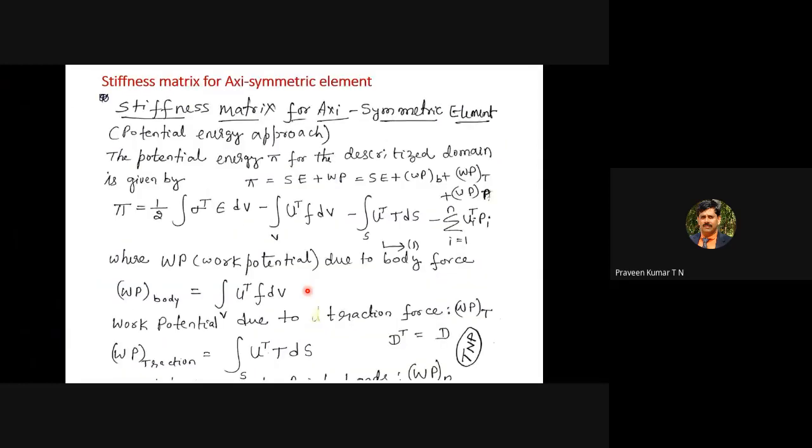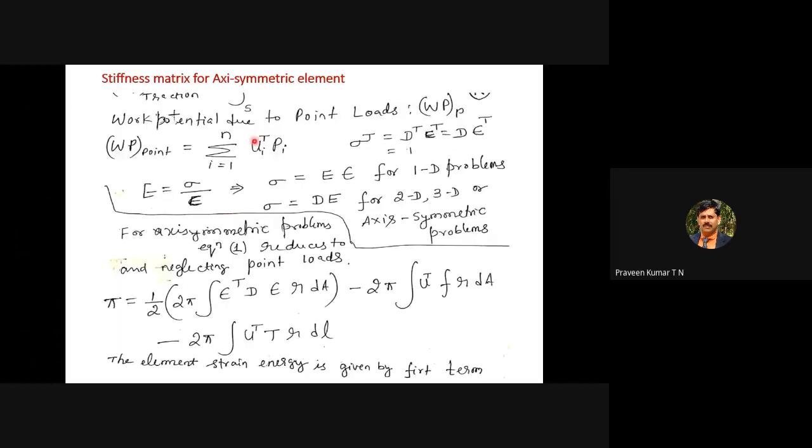So now already you have derived the stiffness matrix. When you derive the stiffness matrix, you are considering the potential energy functional. The potential energy functional consists of strain energy and work potential. We have the expression for the strain energy. The strain energy is nothing but the area below the stress-strain curve within the elastic limit or proportional limit. So when you derive the stiffness matrix, irrespective of the type of element, whether it is an axisymmetric element, bar element or beam element, you are considering only the strain energy term. Now this is the strain energy term. The first term is the strain energy term.